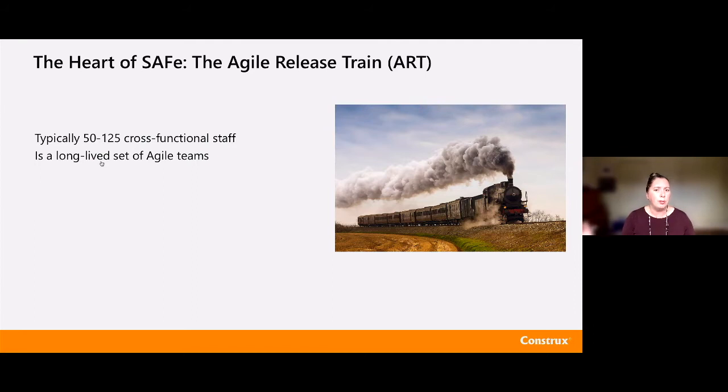We'll stand up an Agile release train there, and those people will stay on that Agile release train and work on items of value flowing through that train, program increment over program increment over program increment. So they run on basically a fixed planning rhythm called a PI, or program increment. These are typically 8 to 12 weeks. A lot of people will say they're 10 weeks. They're a fixed time box. So you wouldn't do 8 and then 10 and then 12 and then 8. You'd pick one and start to run with that.